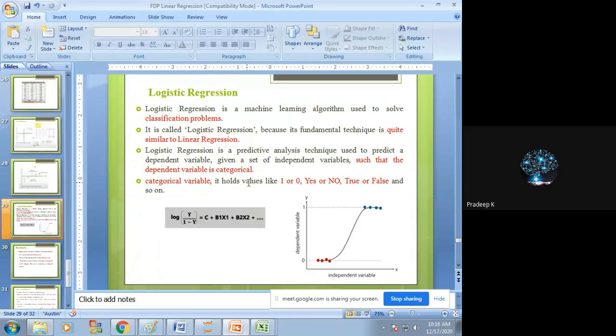What is a categorical value? Suppose we have different categories. We need to categorize humans based on gender. We have two categories, men and women, male or female, right? Sometimes some groups have yes or no, or true or false. So we need to categorize based on some constraints, right? So logistic regression is especially for